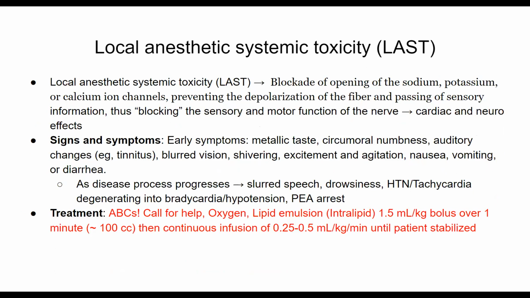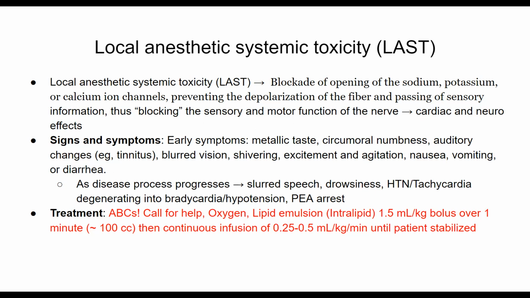And this is something that can definitely creep up. It doesn't have to occur right when you give the local injection. It can happen up to 30 or more minutes after all the local's been given. Essentially you get blockade of sodium channels. That's the primary mechanism of local anesthetic. There's sodium channels in the heart that propagate cardiac signals. There's sodium channels all along nerves that are crucial for propagating nerve impulses. So those are really the two systems, heart and nervous systems, that are affected by local anesthetic toxicity.